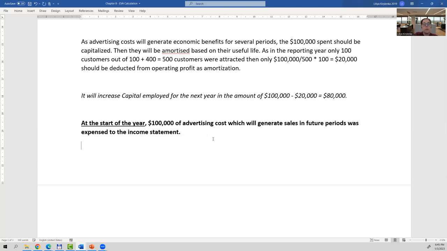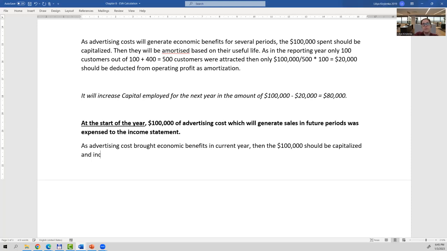Then you would do the following. You would say, as advertising cost brought economic benefits in, let's say, the current year, the 100,000 should be capitalized and included in the capital employed calculation for current year EVA. So the difference is